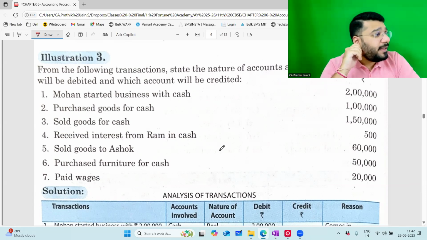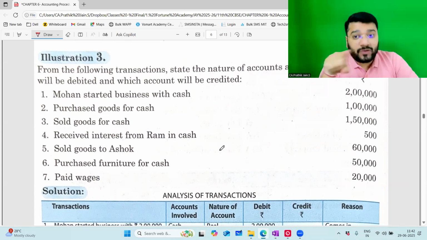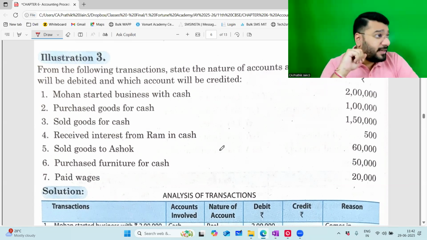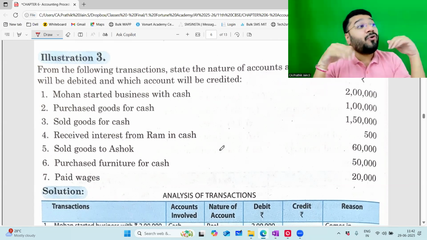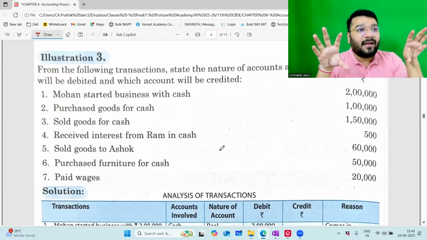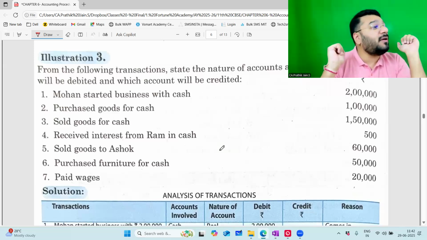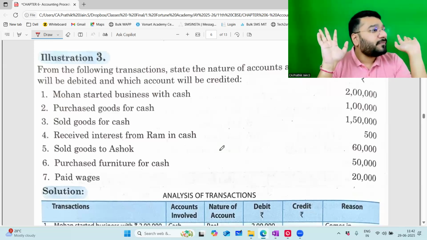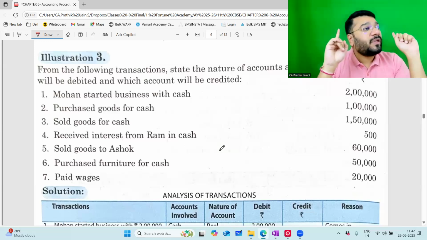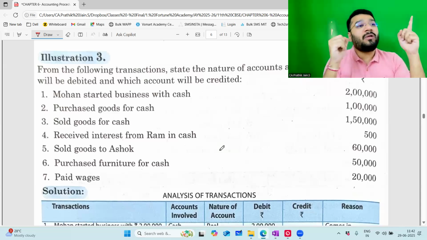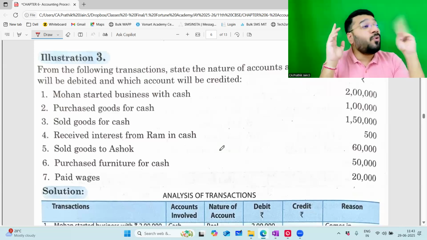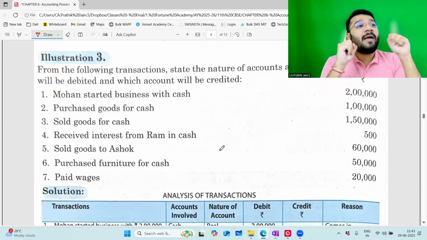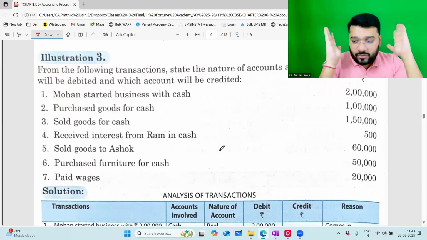So Tuesday we should be done with this topic, and Thursday we should be starting with the next topic, which is journal entry, a continuation of this topic. Now that you know what is debit and what is credit, what account I should debit and what account I should credit, in the journal I'll give you the format of how you should present the data. Same data, how you should present. So the presentation aspect is what you're going to learn in the journal. Rest all, the rule is the same. In the entire journal, we'll apply both golden rule and modern rule evenly. In 11th, we'll apply both equally because both are in your syllabus. But when we come to 12th, we'll only apply the modern rule.